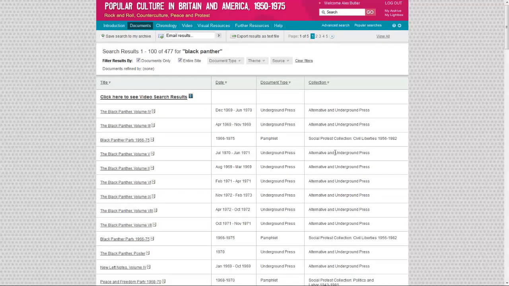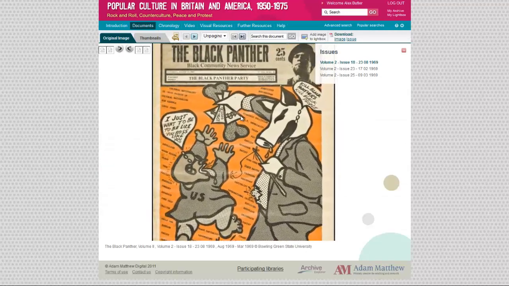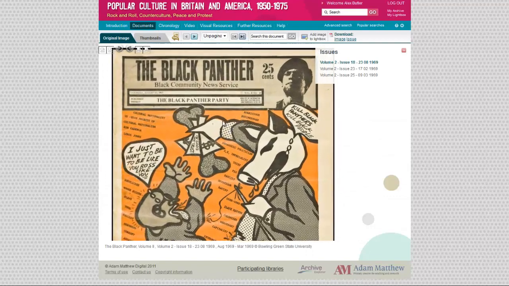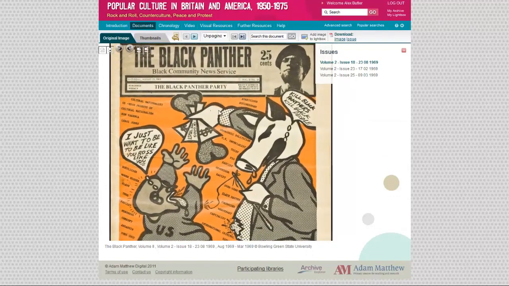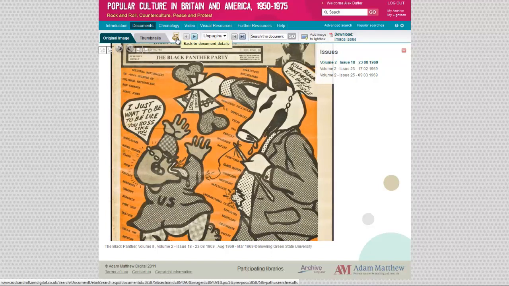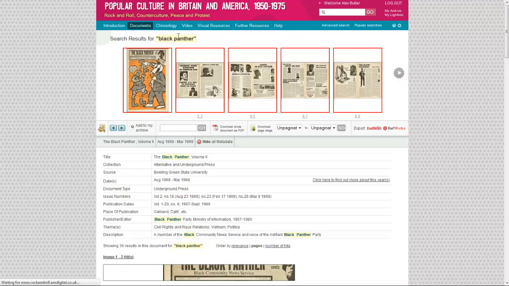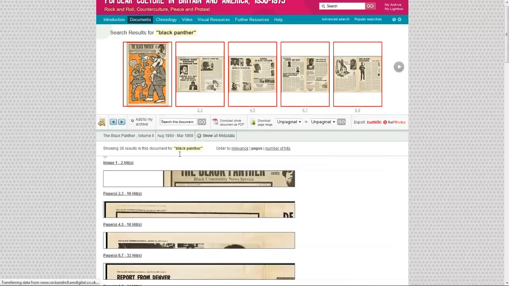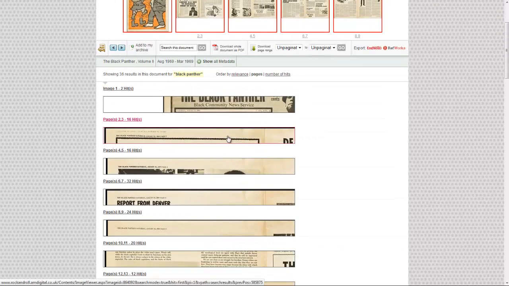Okay, so we can see here an extensive range of results. Let's pick one and see what we can find. Let's try number 2. I'm just going to head back to the document details page just to show you something. So we ran a search of Black Panther. All of the printed material in this resource and all of the printed material in all of our resources is